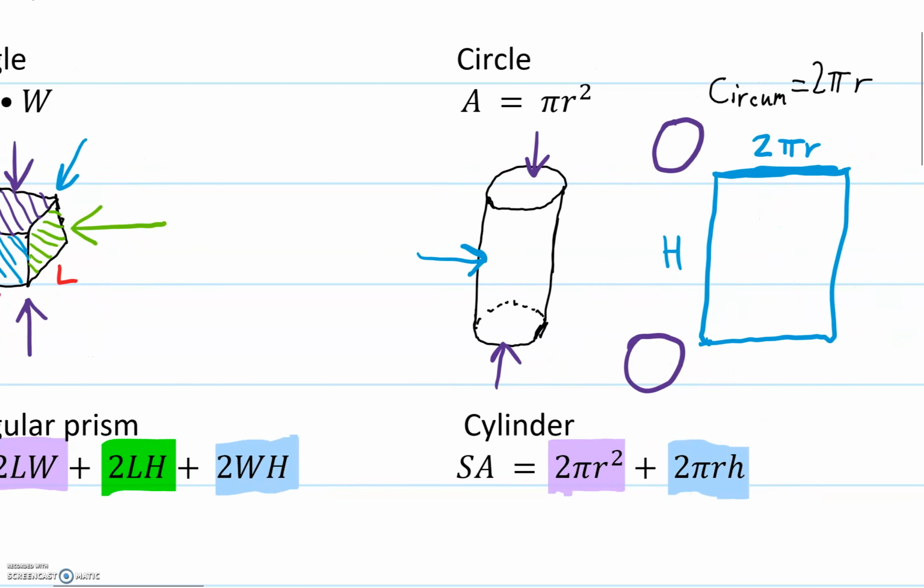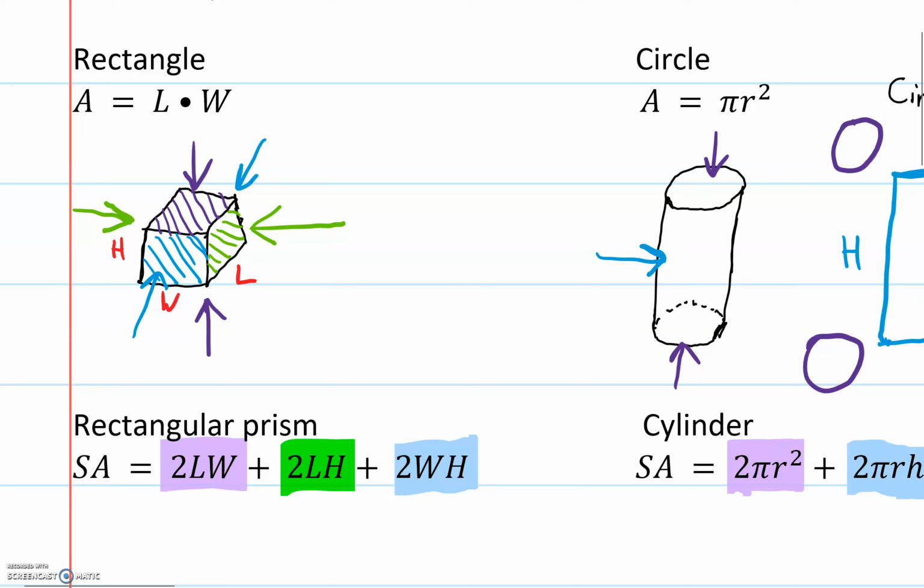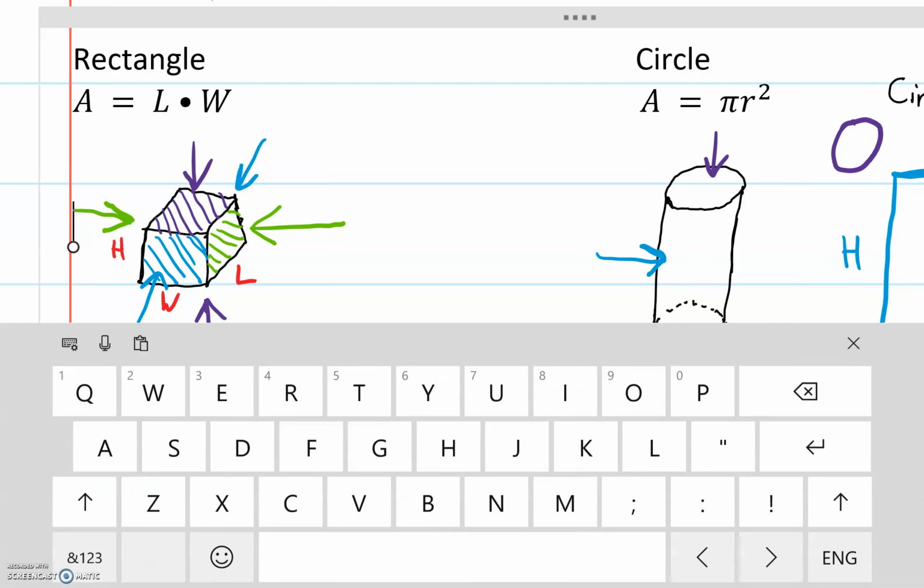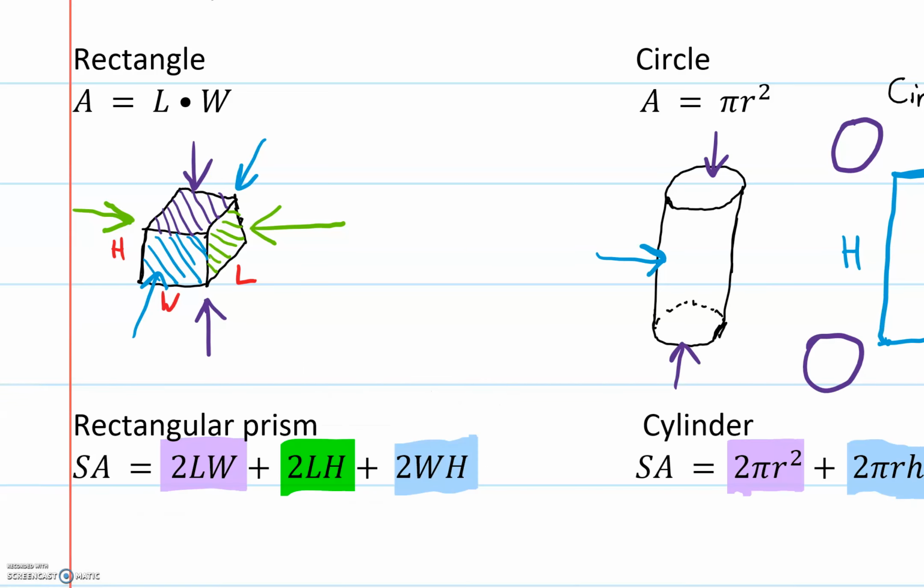Hopefully that gives you some idea of what we're looking at here. I can also try to draw out the rectangular prism if I pull it apart. So maybe I'll try to do that for you. If we have this here, then we can have the two